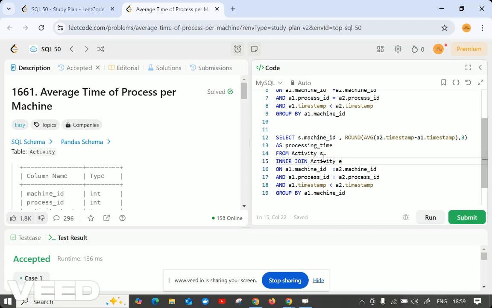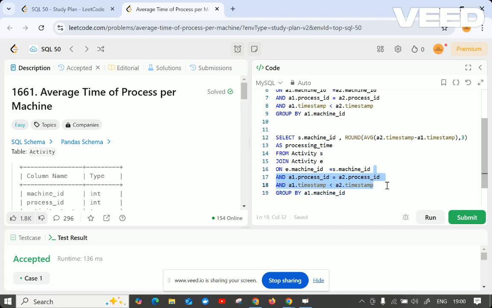This activity is the start activity and this activity is the end activity. I'm joining on the condition of end and start of that particular mission ID, the same mission ID. So no need to check for more conditions.